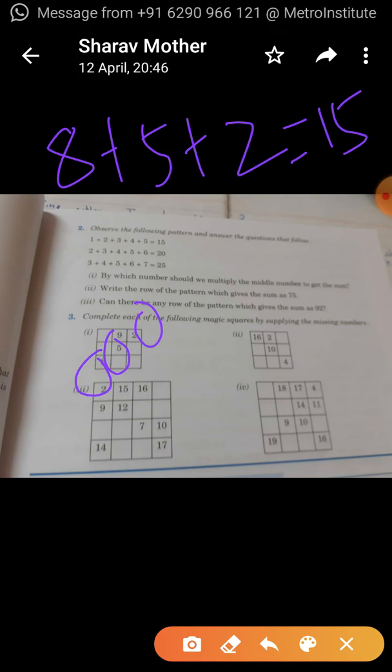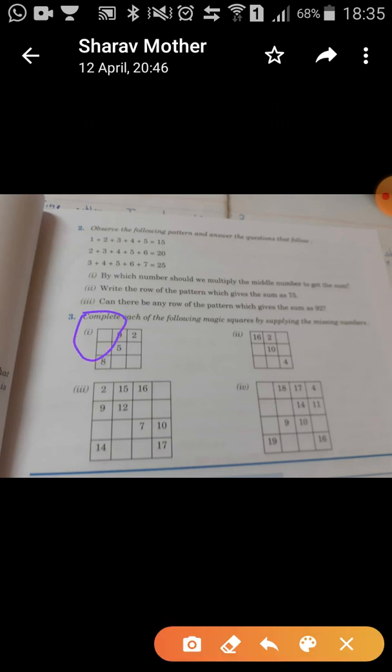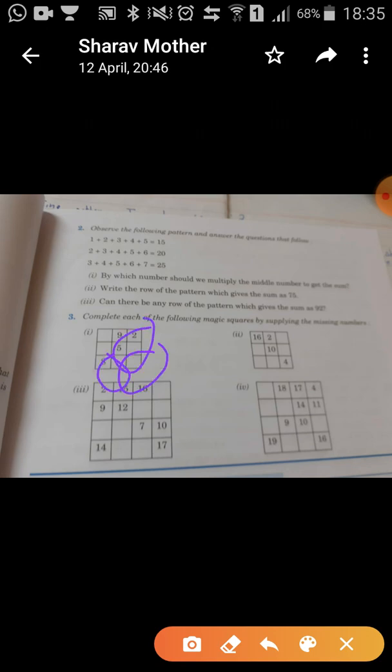So now everything, top to bottom, side to side, corner to corner, everything should add up to 15. Okay, so which is the first box which we are going to fill up? We are going to fill up the box on the left hand side corner, top. Why did I choose only that box, not this one or this one? Because you already have two pieces of information for that box, 9 and 2.